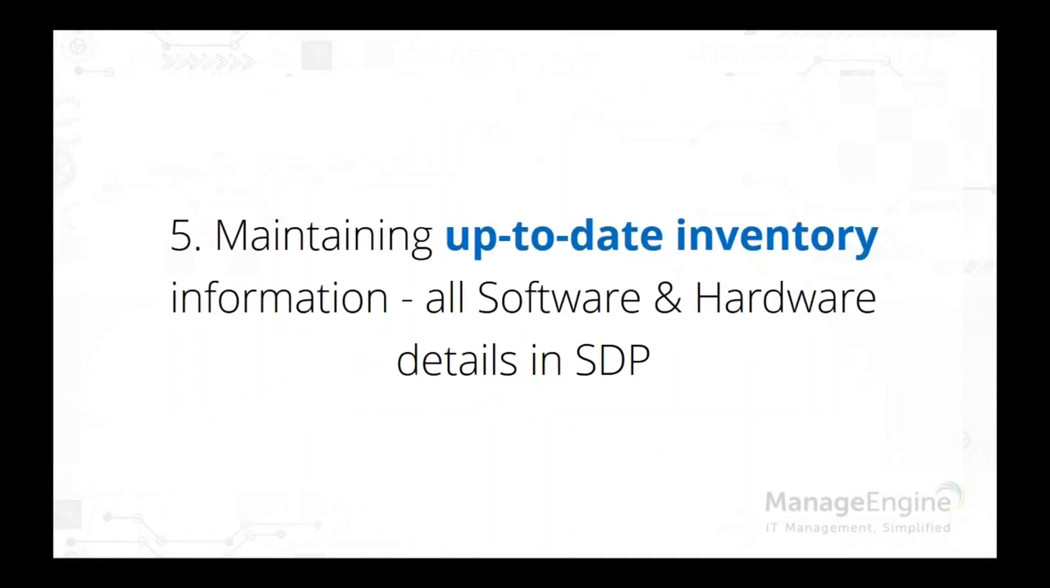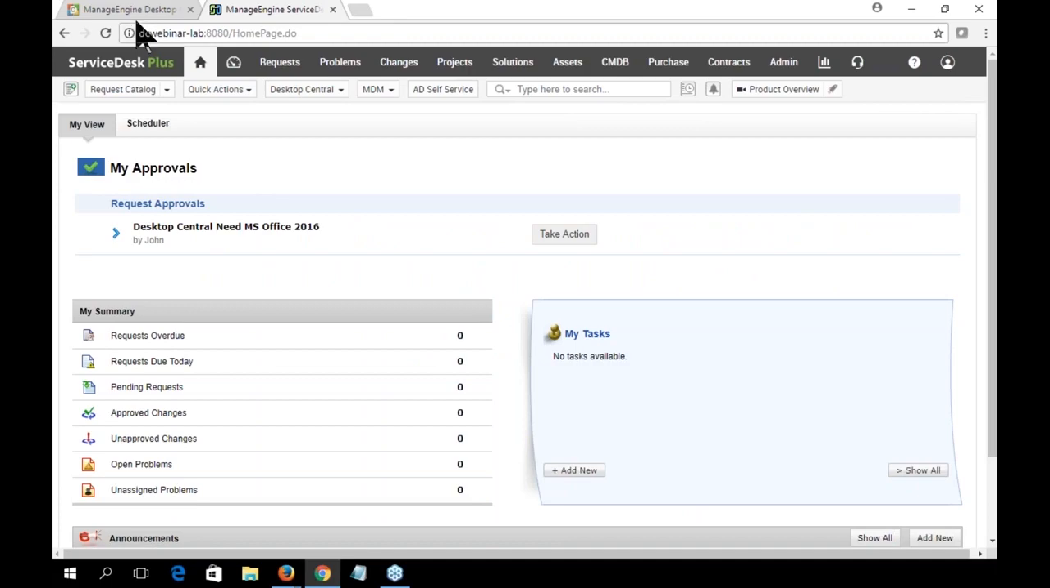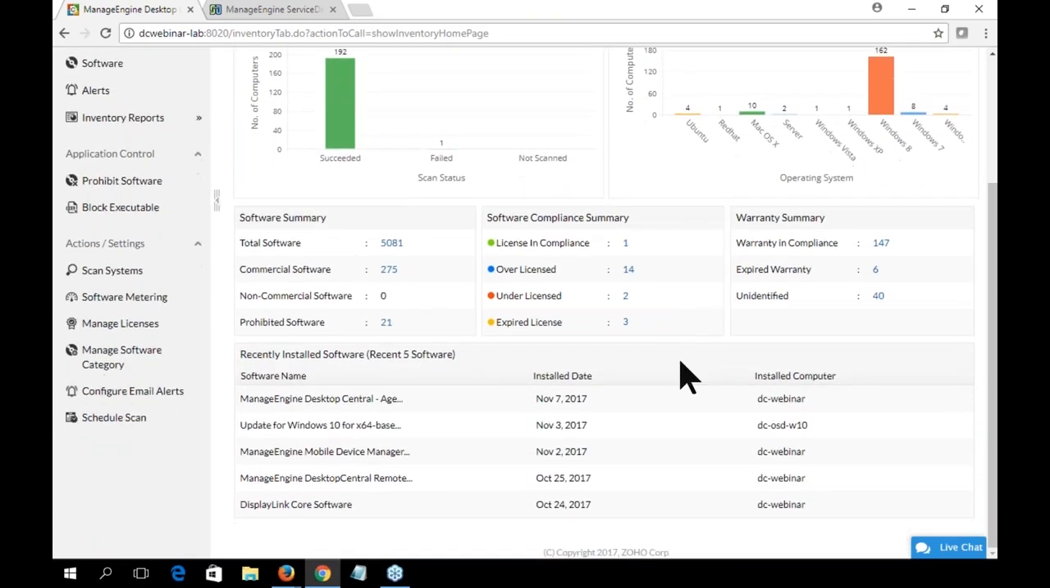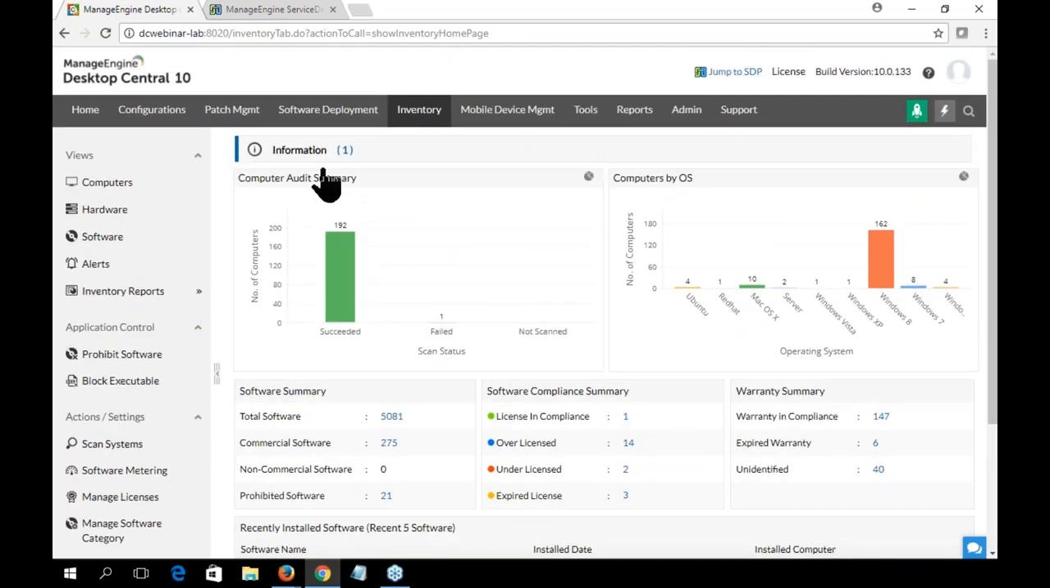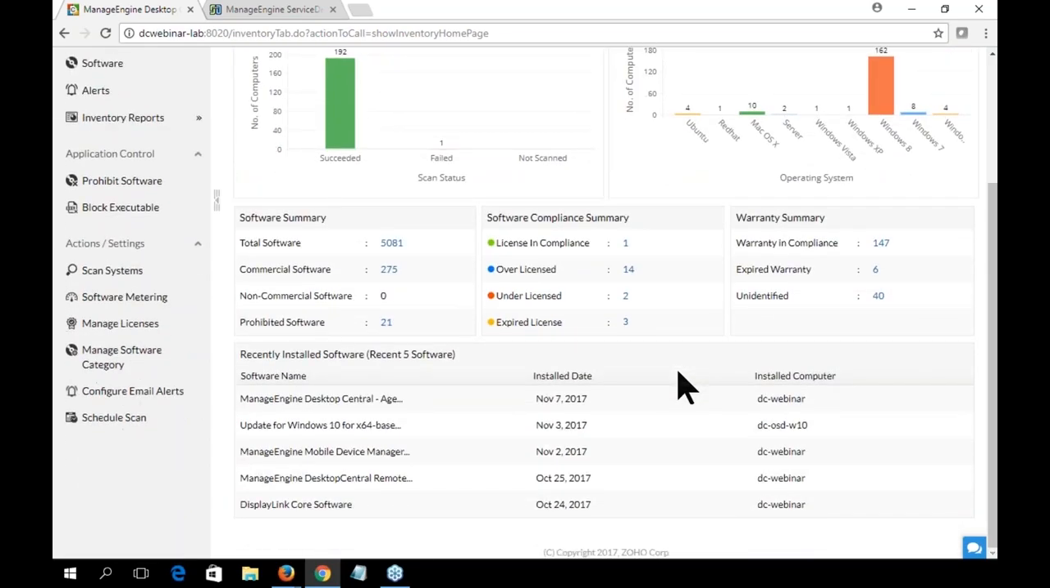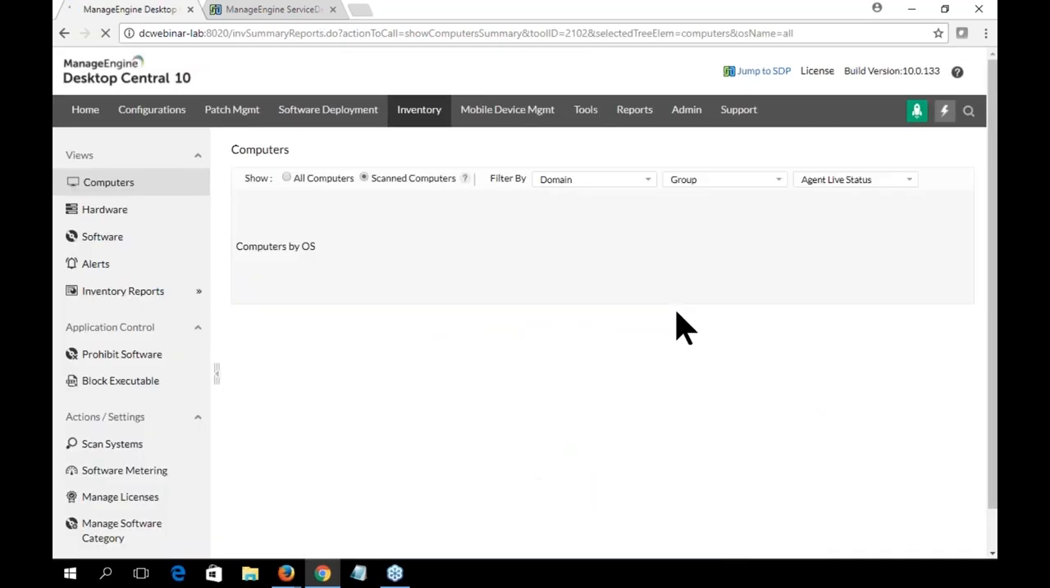So now let's move on to the next use case of maintaining up-to-date inventory information, all software, hardware details in ServiceDesk Plus. Fine. So as we discussed earlier, coming to Desktop Central ServiceDesk integration, we have an ability to perform a scan on the Desktop Central. As soon as you install an agent in Desktop Central, it's going to perform inventory scan and patch scan, and especially the inventory scan, it collects all the information about the software, hardware, and the warranty